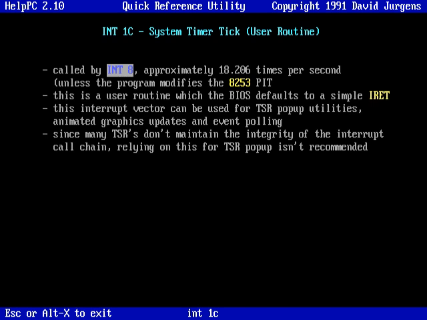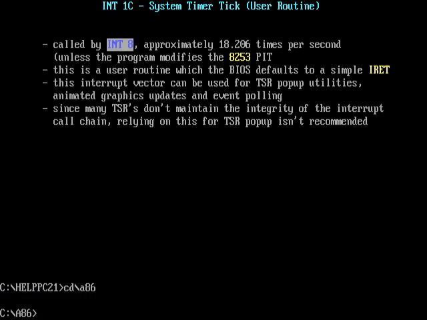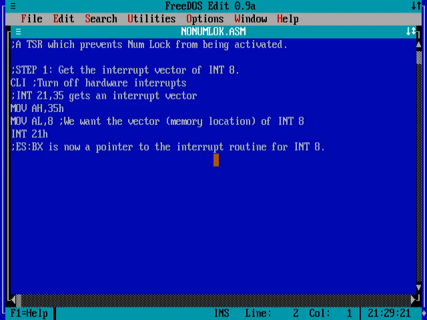But since this is how I did it, I'll just go ahead and do it how I did it 20 years ago. Live a little dangerously. It's not really that dangerous if you know what you're doing, which I don't. But